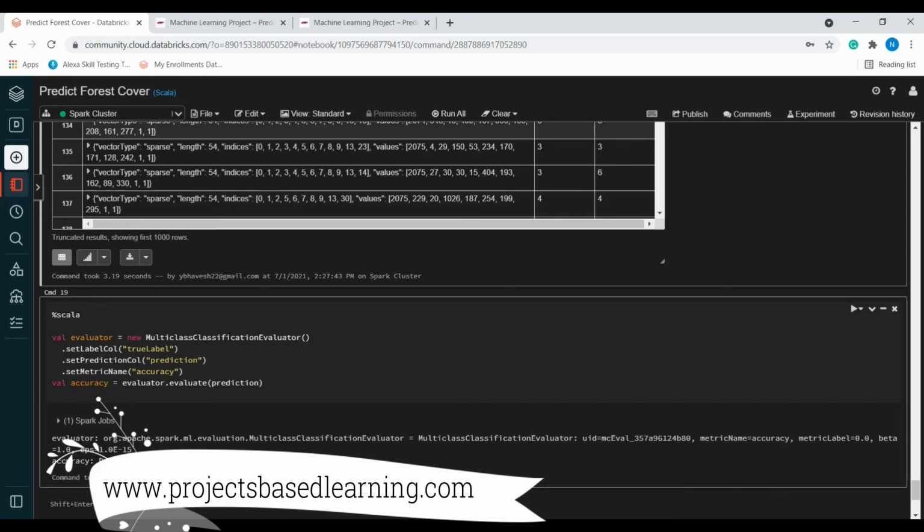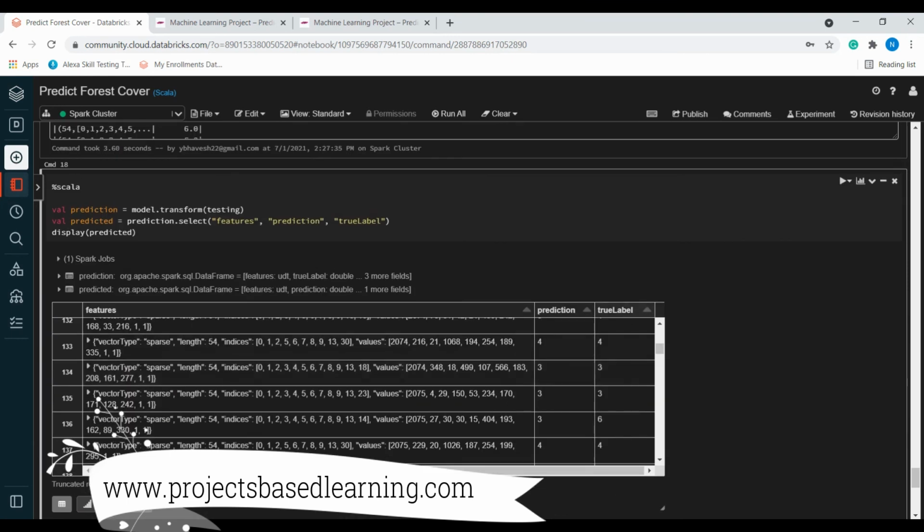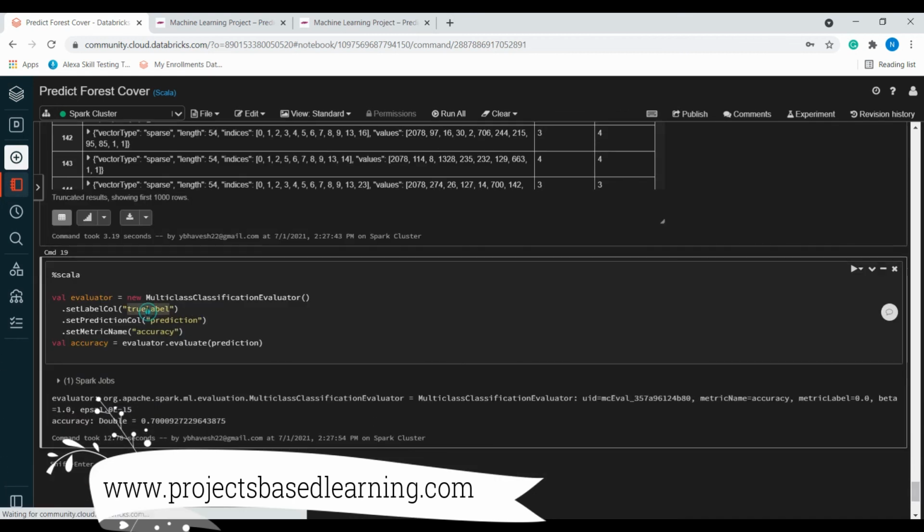For the multiclass classification evaluator, we need to pass the true label column, the prediction column, and set the metric name as accuracy. These are the predefined steps for any kind of evaluation in a classifier.